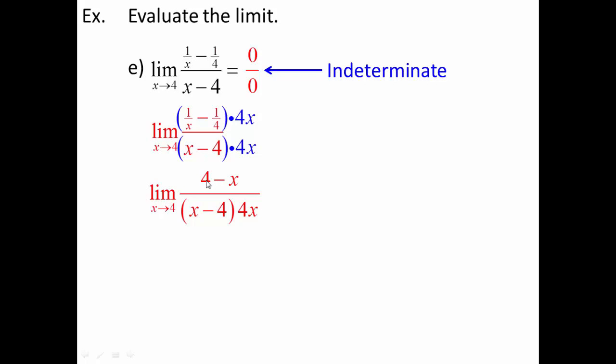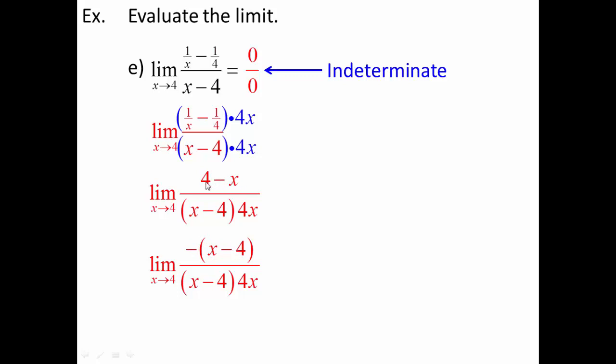If I factor out a negative off of a positive 4, that's just going to leave me a negative 4. If I factor out the negative here, that's going to leave me with a positive x. So in other words, positive x, negative 4, now I have the same thing top and bottom. I can be sure that I'm right by redistributing the negative. Negative x, positive 4, which is exactly what I have here.